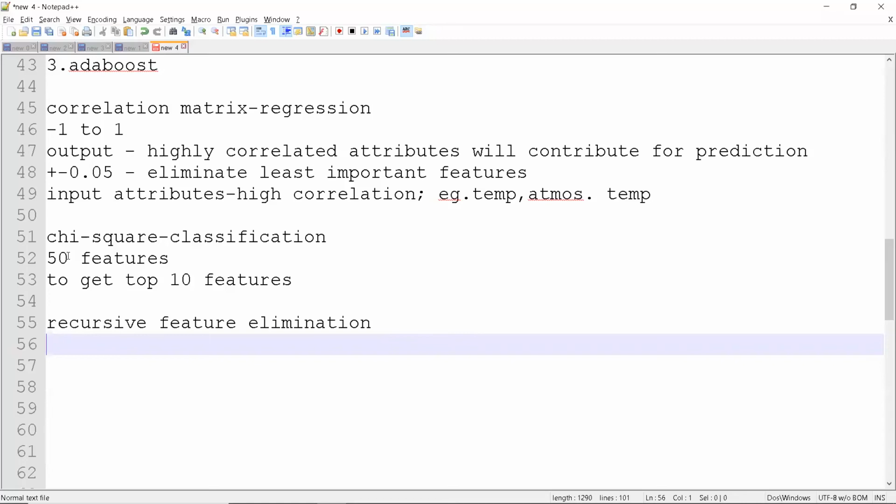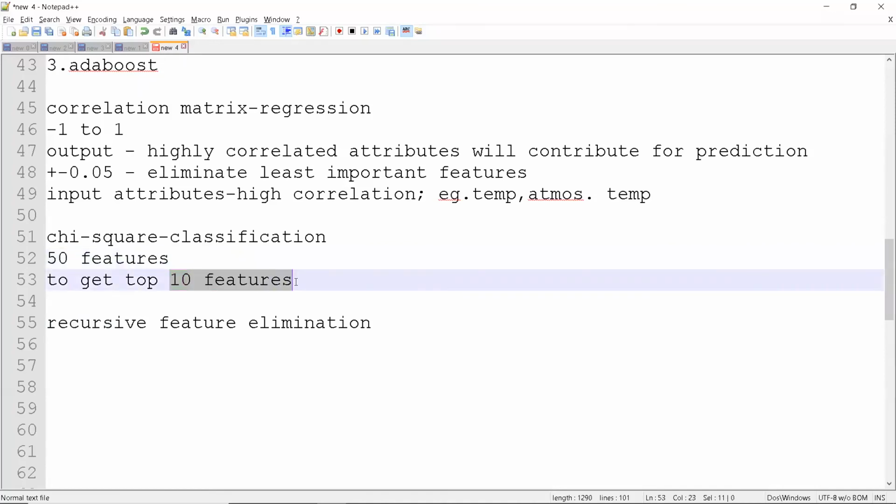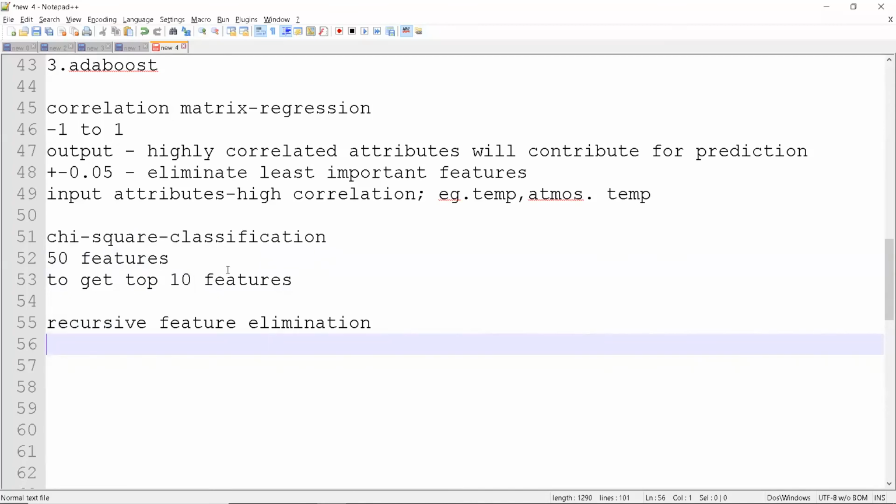Let's say we have 50 attributes. You eliminate one attribute, the least important one, and you check whether the metric has changed from before or not. If it's not that much affected, you just eliminate that feature. If it affects so much, it is an important feature. Based on that, it will assign some scores. Like this also, you can get the top features.